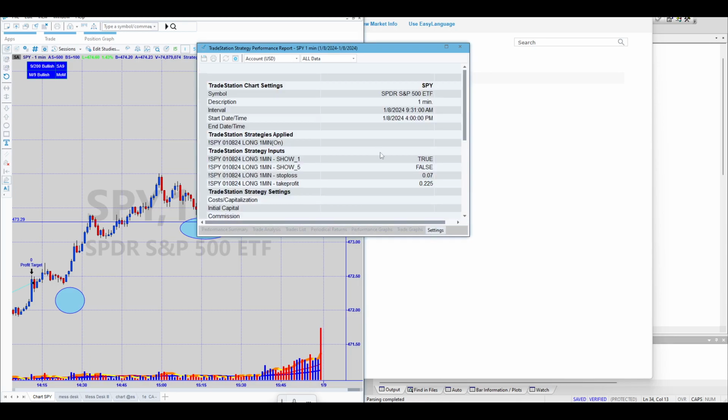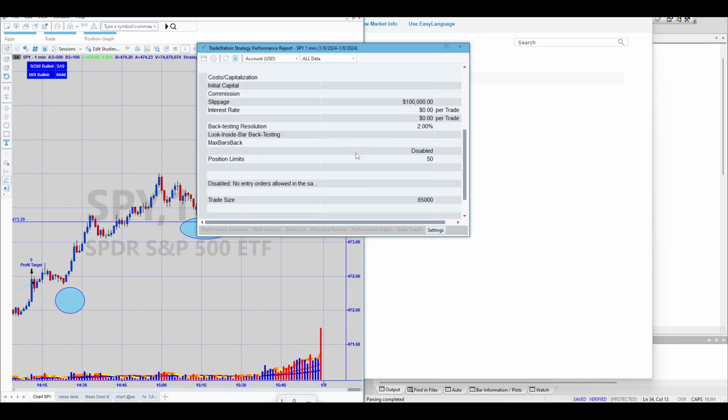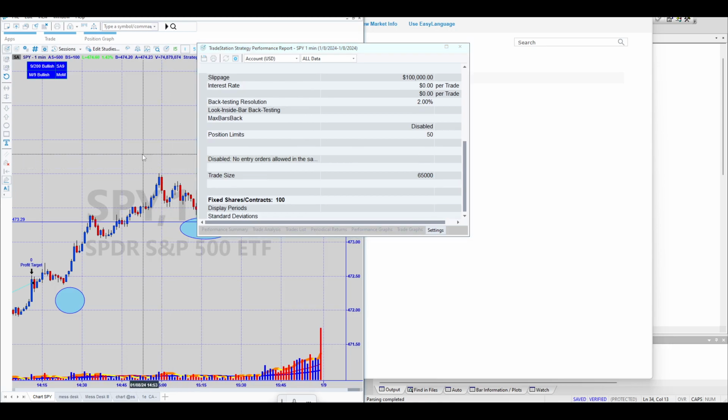Forward graph going straight up. Using 0.07 as a stop loss and 0.225 as a return. Let's see